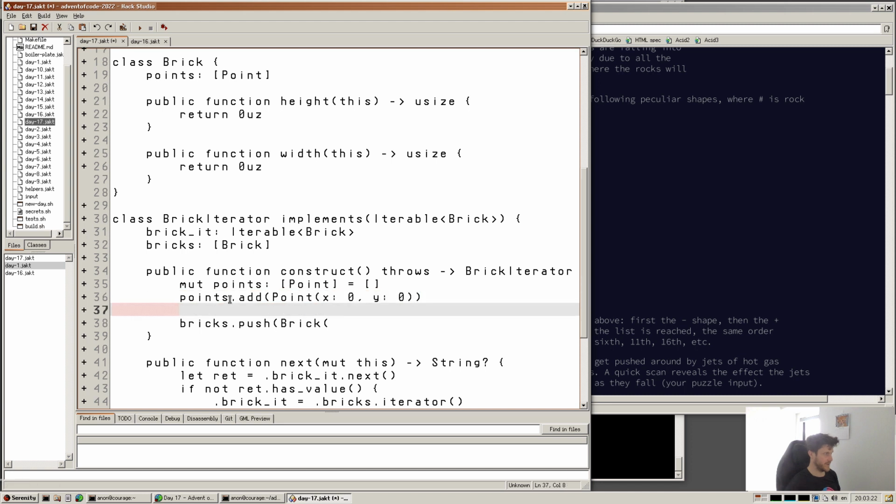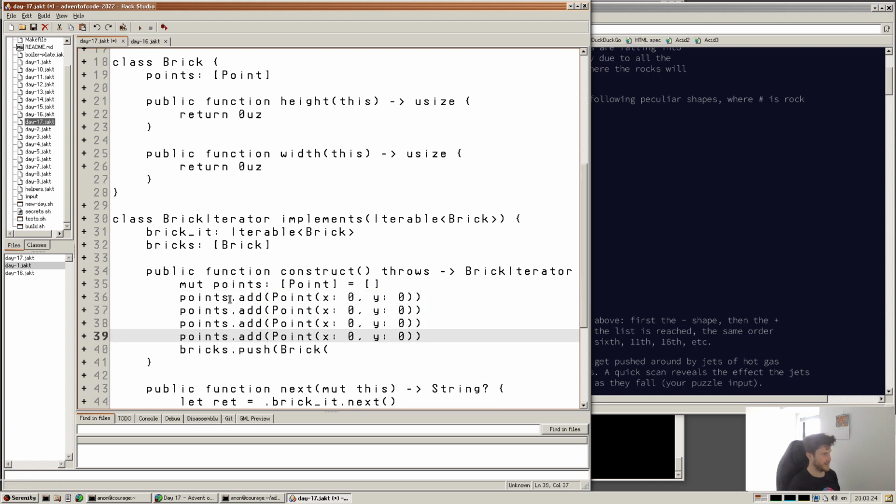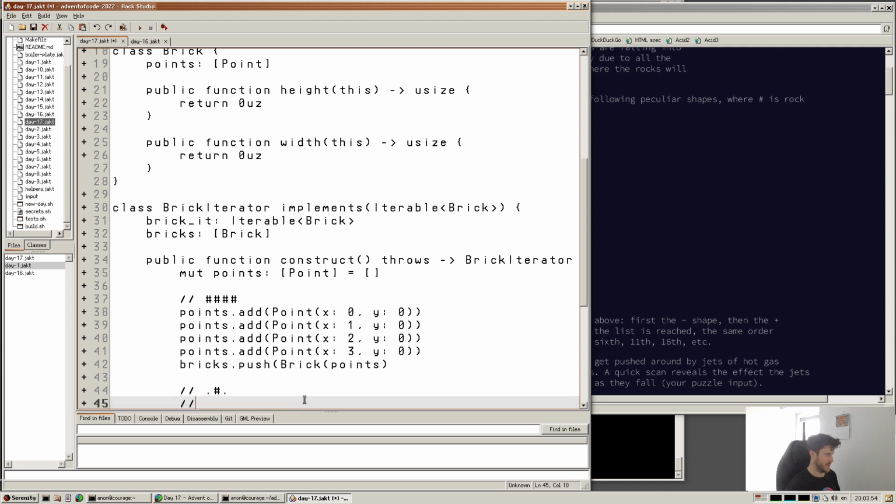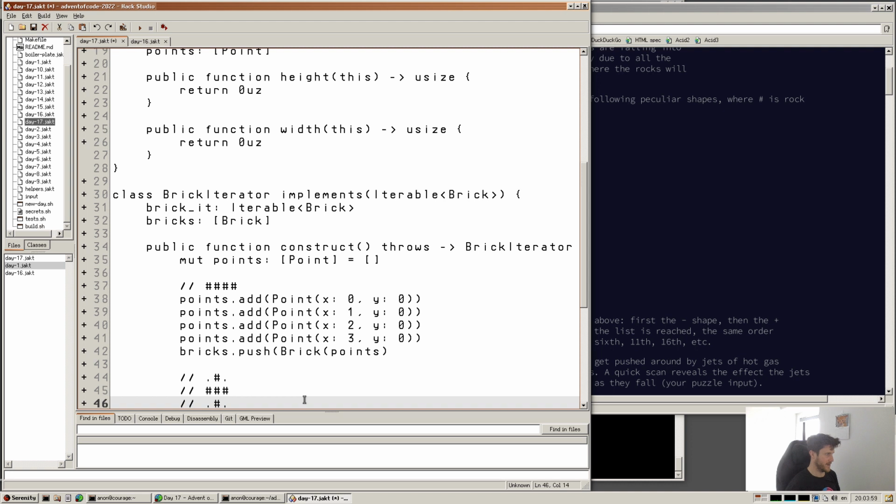And so here we just want to go across the x's, and then we can do that. And maybe we can even add a comment, so we can just do something like that. And this is going to be dot slash dot, and now we're going to